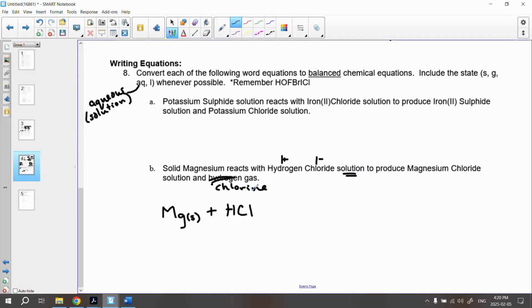And then I see the word solution. So for solution, I use the symbol AQ. It's been dissolved in water. To produce, that would be where I'd insert the arrow. And my next compound is magnesium chloride. So I should also check, this has no prefixes, metal, non-metal. So I'm going to look up charges. Magnesium's a positive 2, chlorine's a negative 1, so I'm going to crisscross. Magnesium chloride, again, solution,